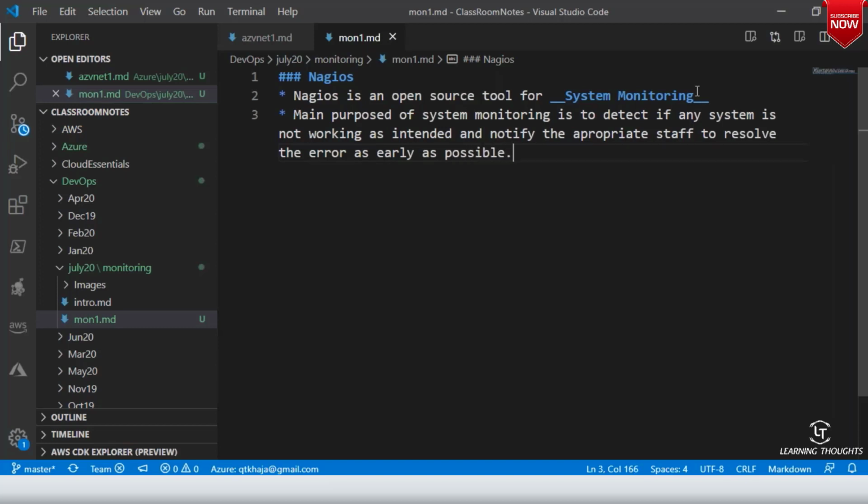Resolution could be restarting the server, cleaning up the disk, or whatever it is. Whenever we use any system monitoring tool, this is the basic agenda for us.